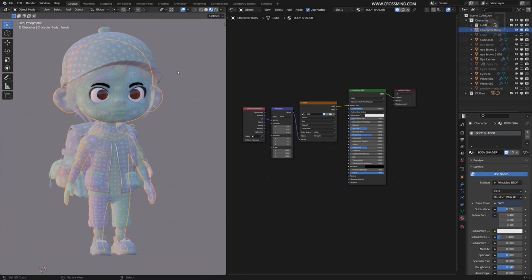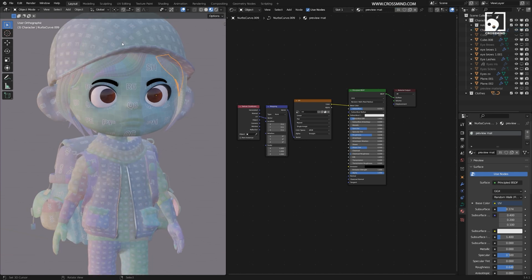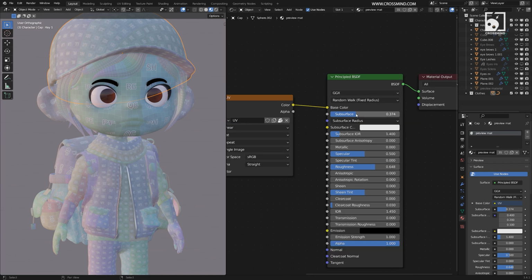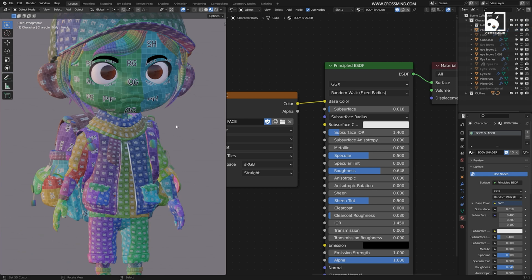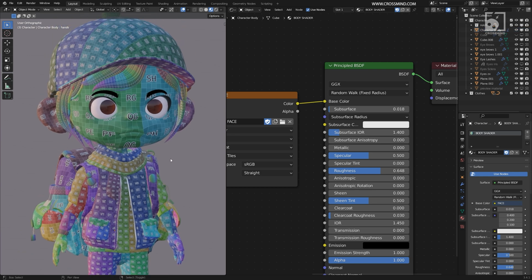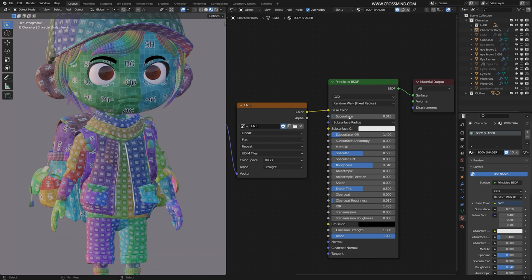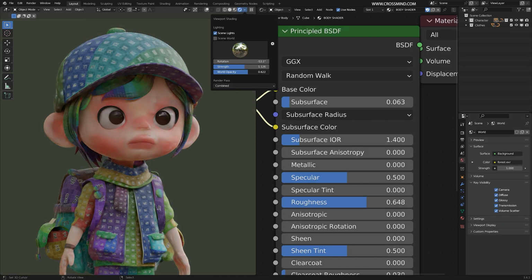And also in the viewport shading, if you're wondering why the UV maps look so faded, that's because of the subsurface scattering here, which I had used for clay rendering. So if you'd like to have a clear view of your UVs, just reduce the subsurface and it will make the entire texture clearer in the viewport. So that's about it. Our model is ready for shading and texturing.